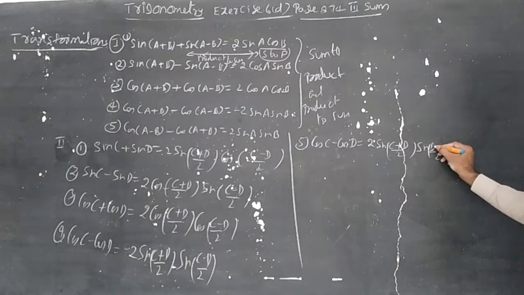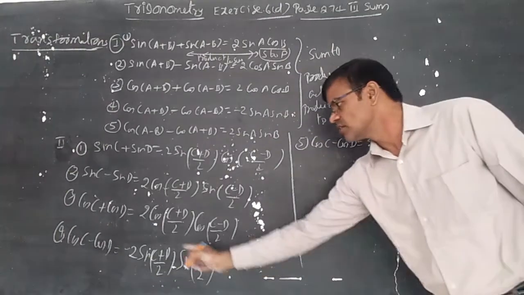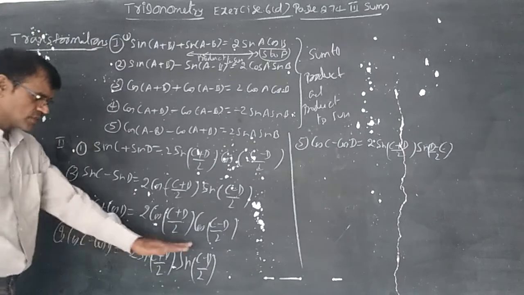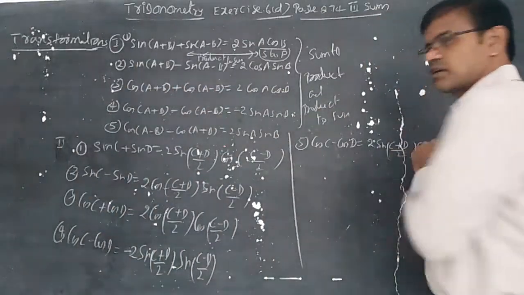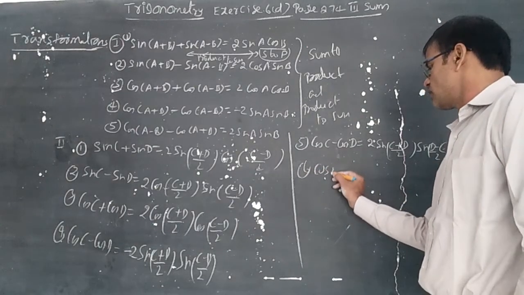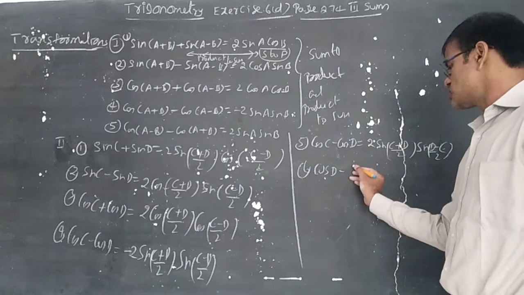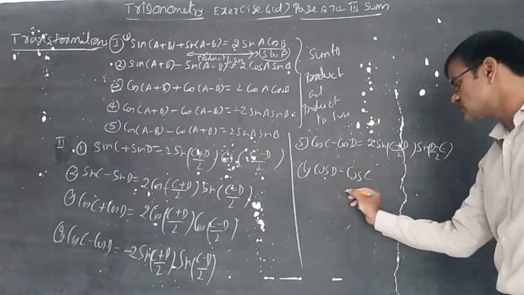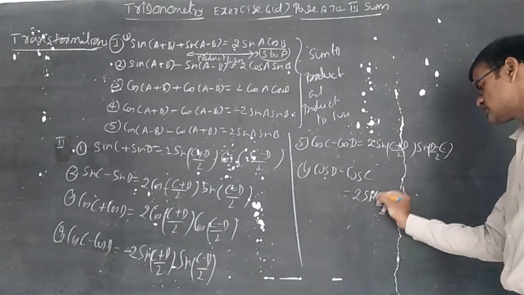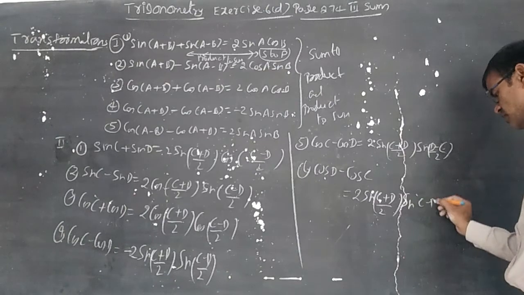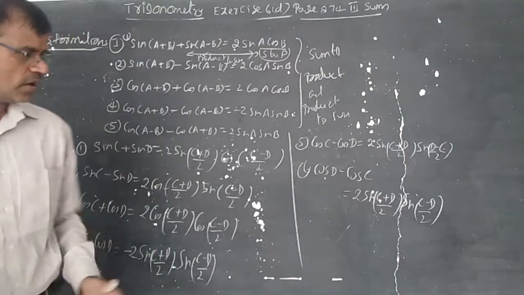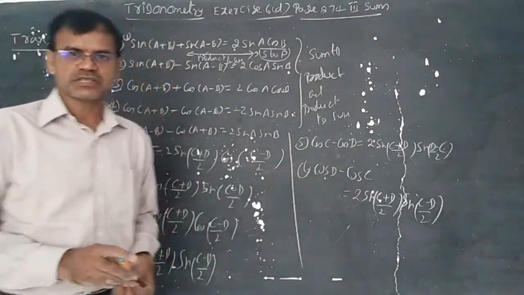Sin not z minus d by 2, simply d minus c by 2 I change here, because sin of minus theta is sin of minus theta. With minus multiplied, c minus d became d minus c. Next, you can also understand this one: whenever you are changing first itself, cos d minus cos c becomes 2 sin c plus d by 2 into sin c minus d by 2, direct formula. We are changing here cos d minus cos c.